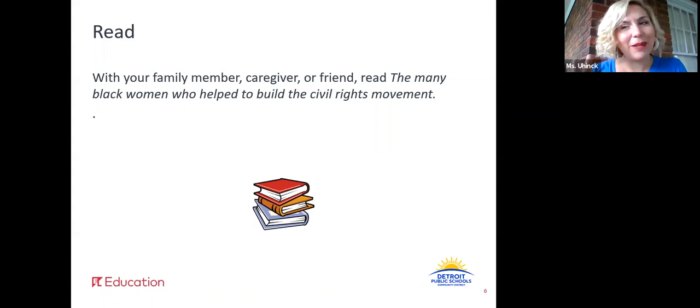All right, and you're probably already starting to see how this is progressing from ratifying the 19th Amendment, where women didn't have the right to vote, to where women started to earn the right to vote, but there was still inequality in race, right? And now we're starting to see how even in the civil rights movement, where leaders were fighting for all races to get equality or to get rid of some of the inequality, we're still seeing where women maybe aren't recognized to the same level as men. All right, so with that said,